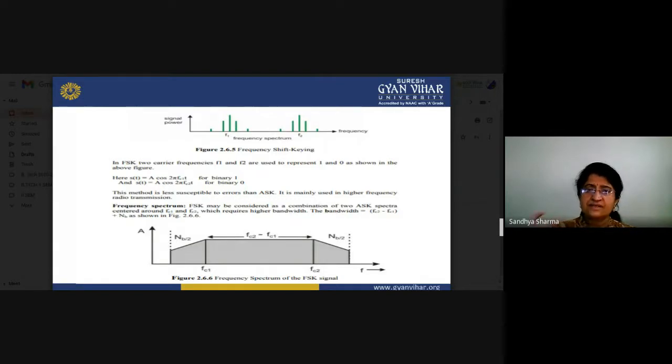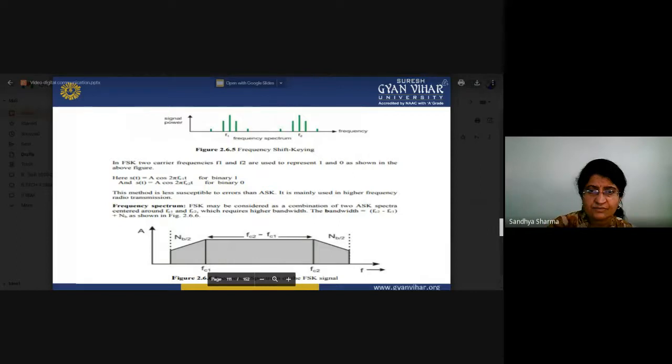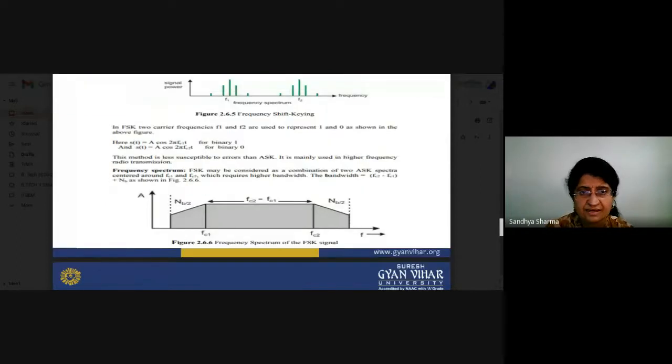That is basically the separation between these components. You can also call F1 and F2 the center frequencies, and if the modulating signal frequency is FM, then we get F1 plus FM and F1 minus FM. That is both sides, and we can get the spectrum of USB and LSB, so you can transmit our signals. This spectrum may be considered as a combination of two ASK spectra, because there are two carrier frequencies F1 and F2. According to that, the bandwidth requirement will be 2 times higher with respect to the ASK system.